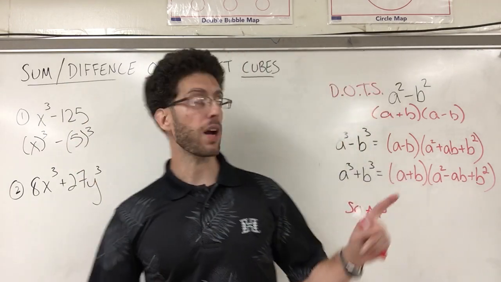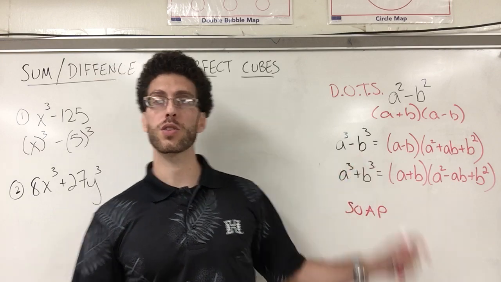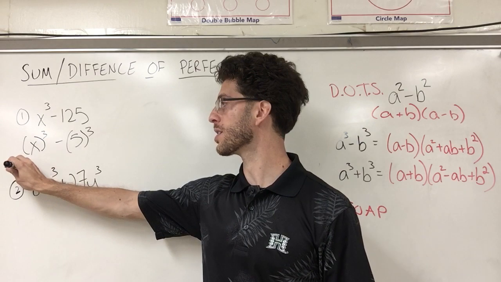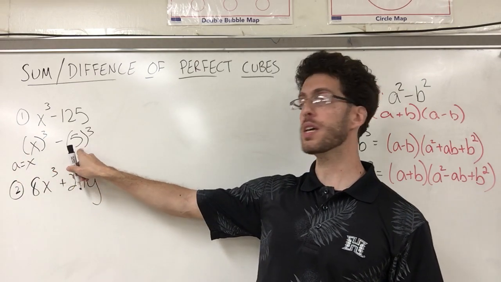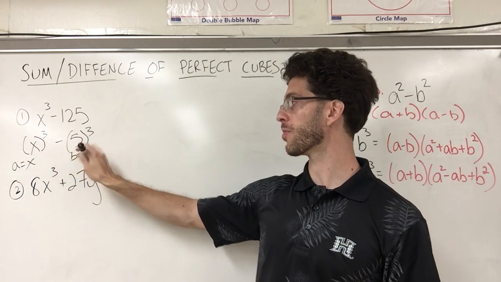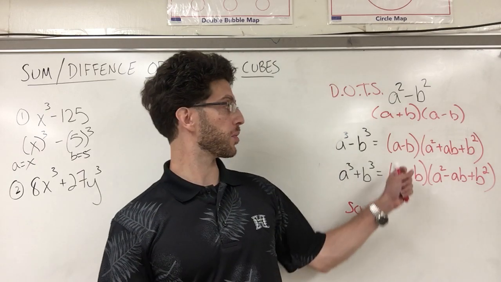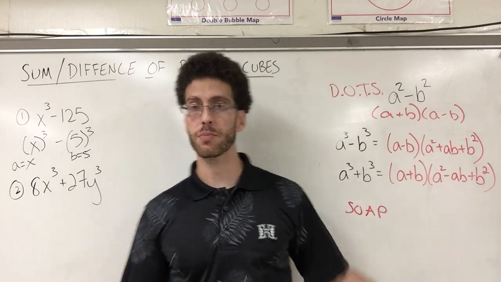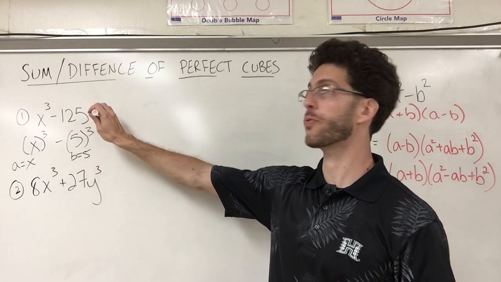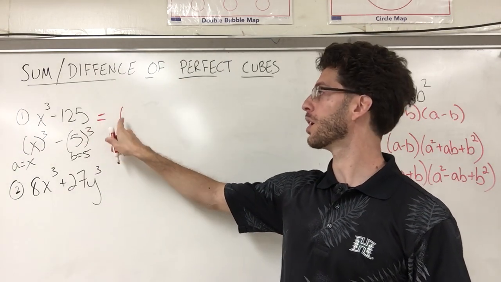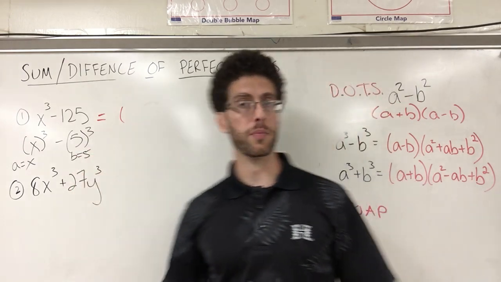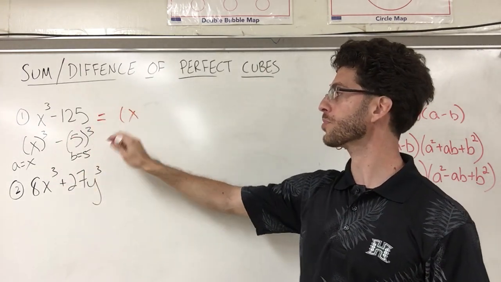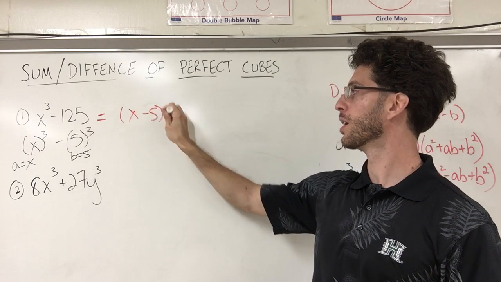Okay? So in my formula, I use a and b, so I now understand that my a is the letter x, and my b is the number 5. So now I'm just filling in placeholders. I'm going to use this as my answer. My answer in factored form is a minus b. How do I know that? Because I remember SOAP, same sign. So I need an x here, minus 5, times